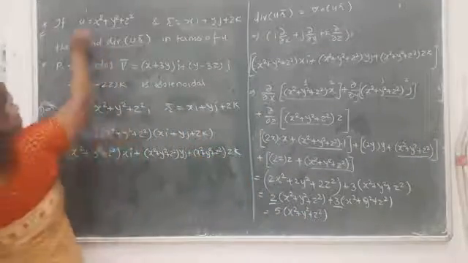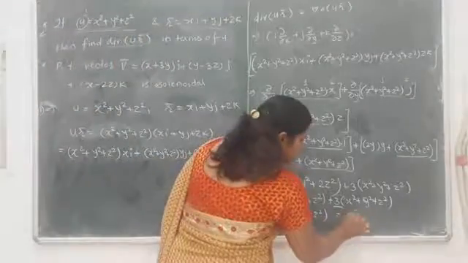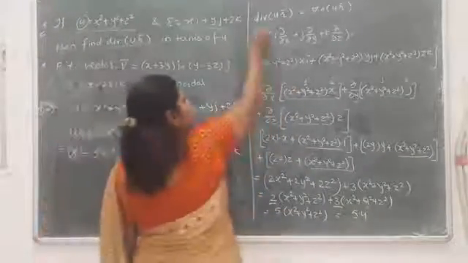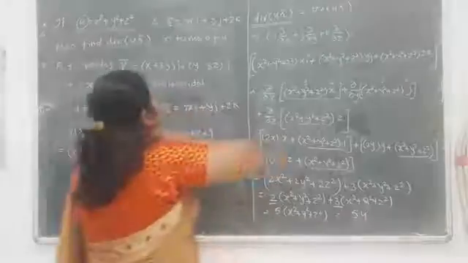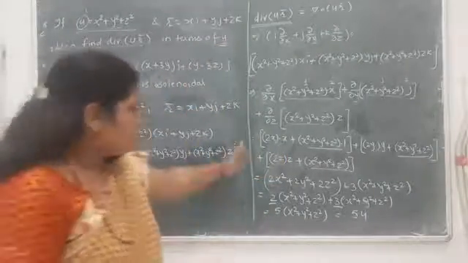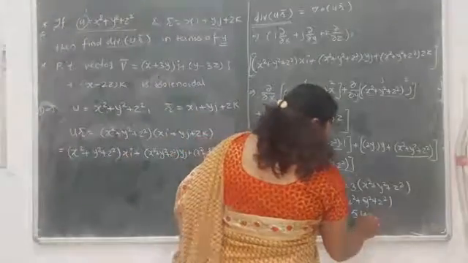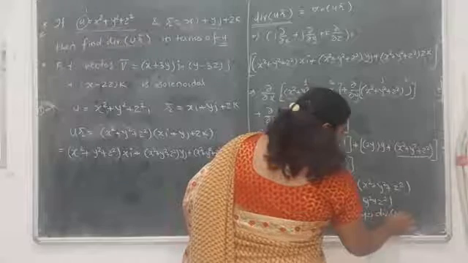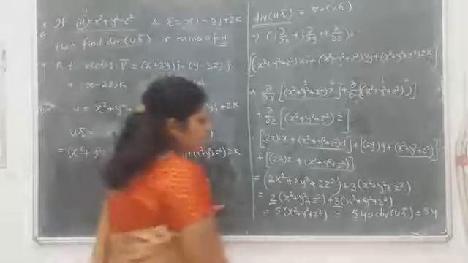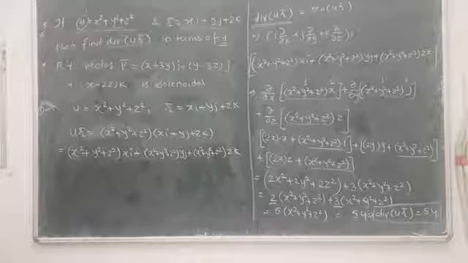That x square plus y square plus z square is nothing but u. So we write here 5 into u. So finally, the divergence of u r bar is expressed in terms of u. In this way we find this result. So finally you can write that the divergence of u r bar is equal to 5u. That is our answer. This way we get the answer to the problem.